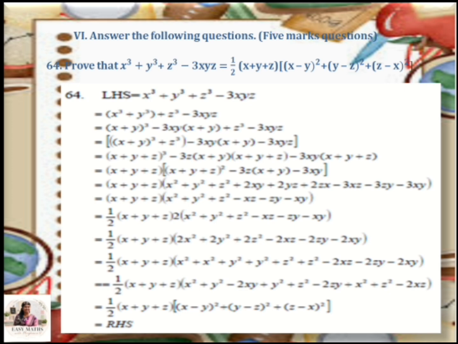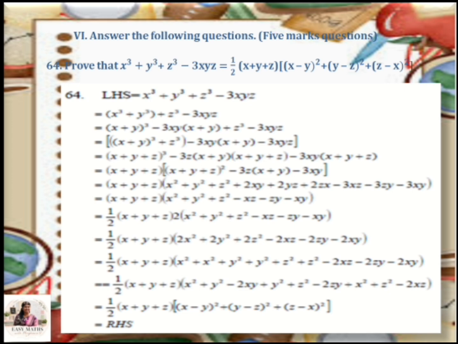Question number 64. Prove that x cube plus y cube plus z cube minus 3xyz is equal to 1 by 2 into x plus y plus z into x minus y whole square plus y minus z whole square plus z minus x the whole square. Here I have to prove the LHS equal to RHS, or I can take the RHS and prove it as the LHS. So here I am taking the LHS, that is x cube plus y cube plus z cube